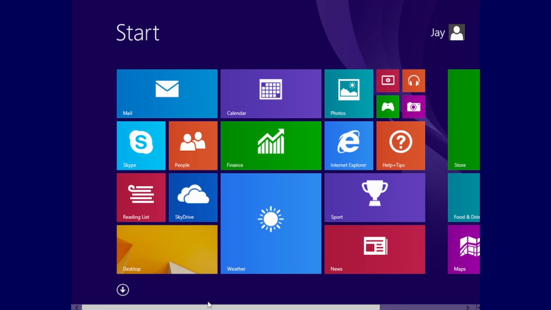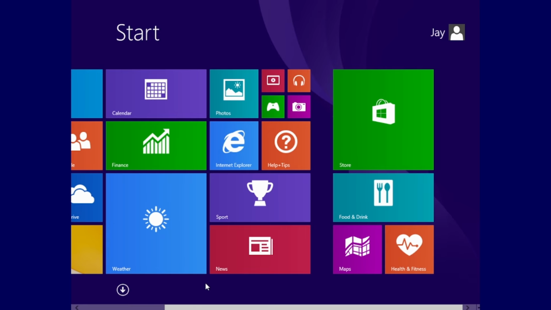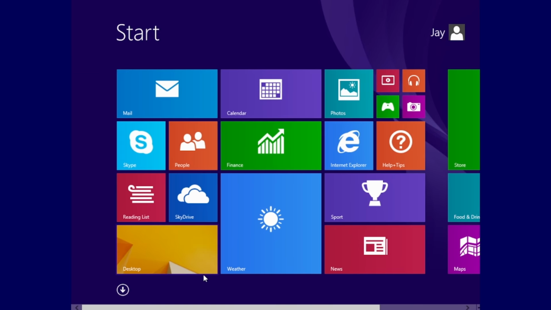Now, this VM that I'm using is not actually connected to the internet, so a lot of these apps won't work. But back in the day when Windows 8 was still supported, and if you were online, these widgets would actually flash up with information. And I think even the photos one, if you have any photos downloaded onto your computer, I didn't bring any photos into this VM, I believe that would flash up with photographs from your library.